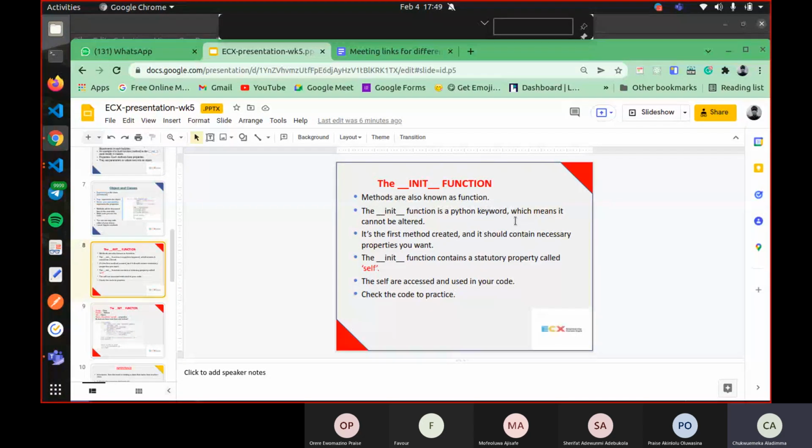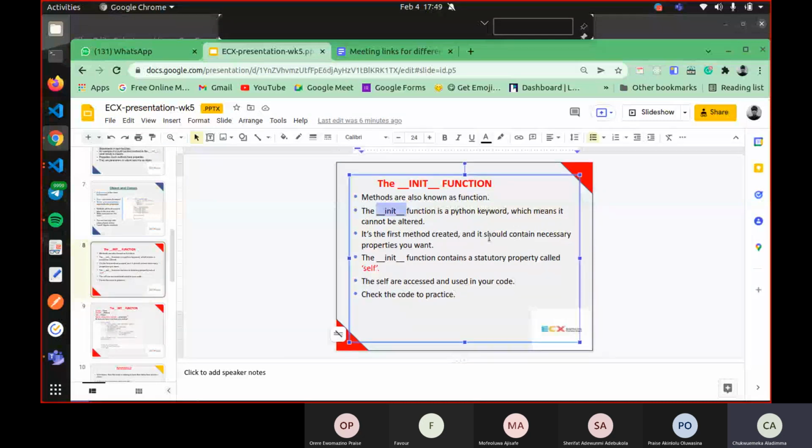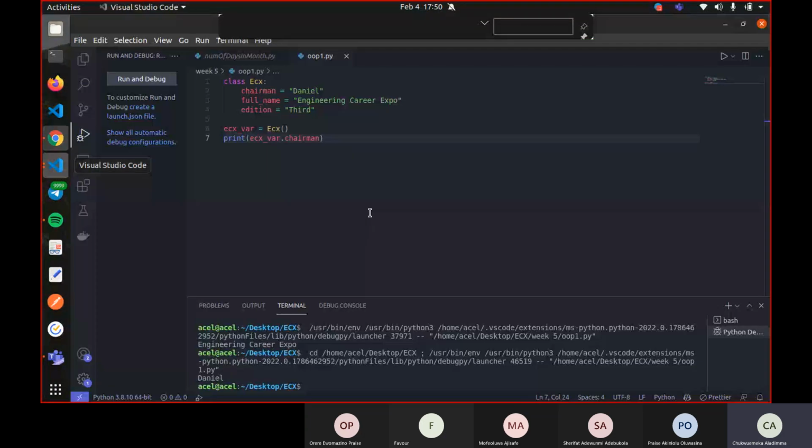cannot be altered. And that's not the first that is created and it continues to be what you want. So I think about it. If one